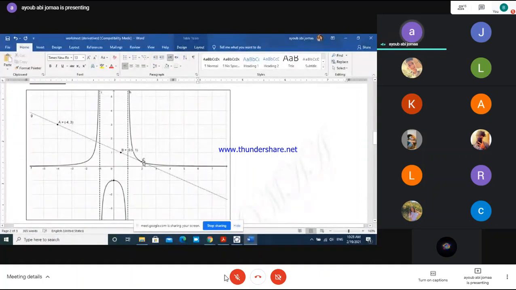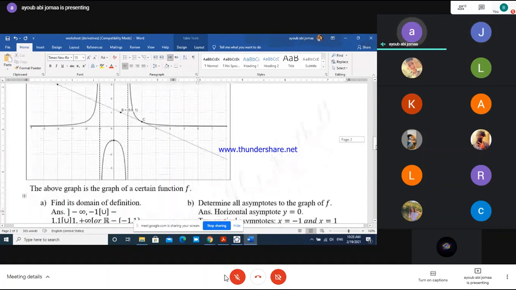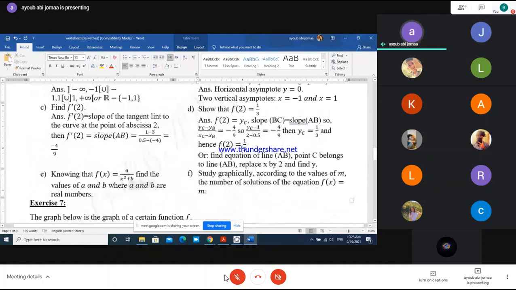شو يعني collinear؟ يعني line AB and line BC they have same slope. صح؟ Slope of BC, slope of AB, they are equal. Now, slope of line BC is YC minus YB over XC minus XB. And slope of line AB,